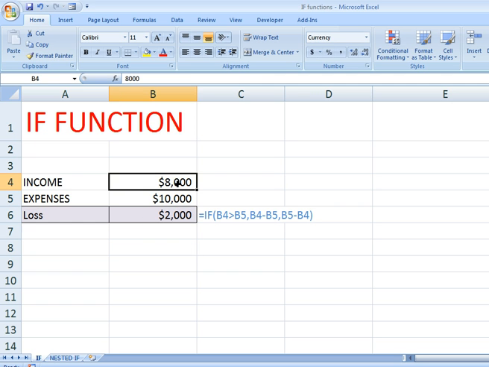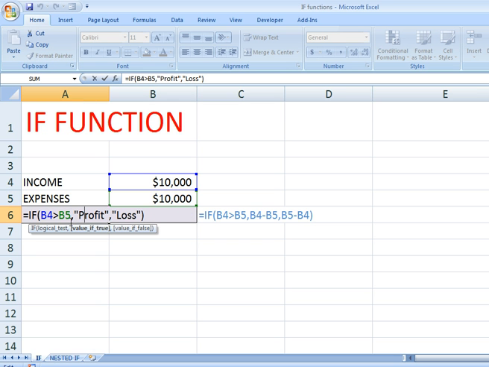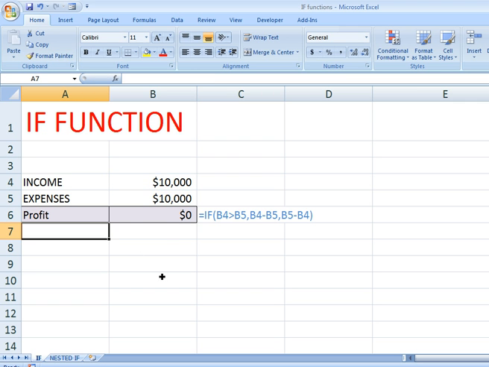So if my income is greater than expenses, the result is profit. If my expenses are greater than income, the result is a loss of 2,000 bucks.